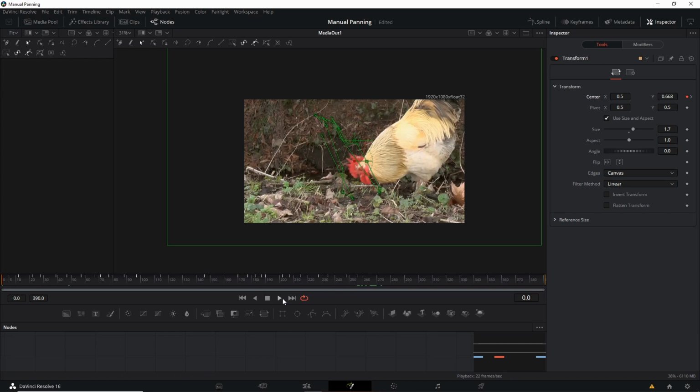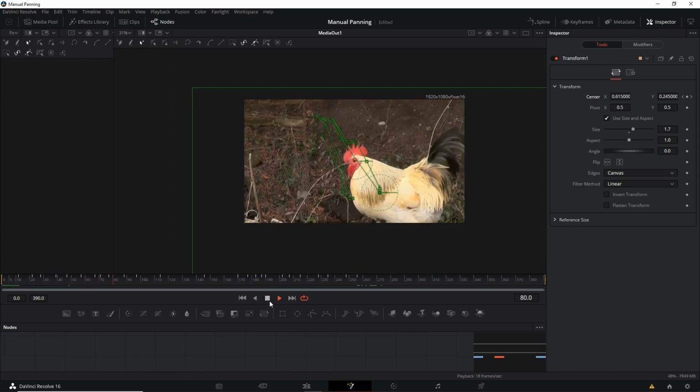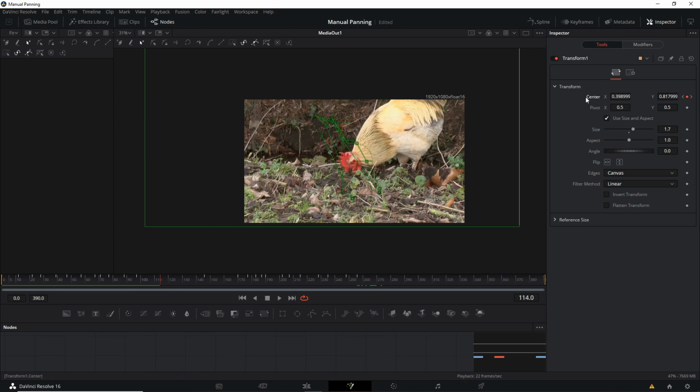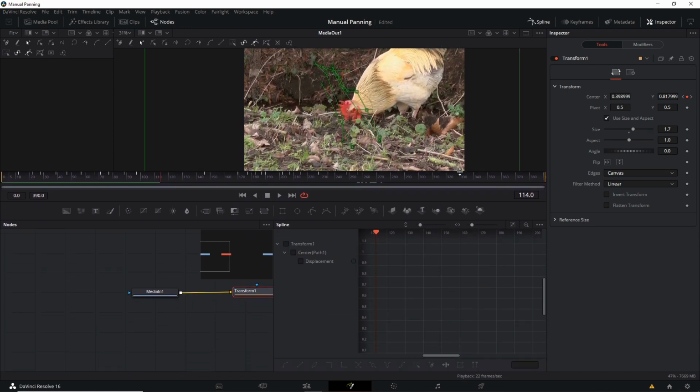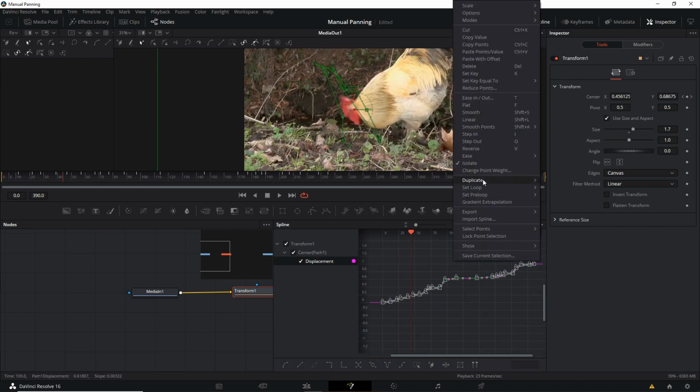So with this clip that we've already gone ahead and keyframed, we can just take all of the keyframes and apply the curve to it. To do that, we open up the spline, and let's expand this a bit so we can see it. I'm going to toggle transform center path 1 displacement over here so that we can adjust it. And assuming you have all of the points created, what we can do with all these keyframes is right click and go to ease, the drop down menu,